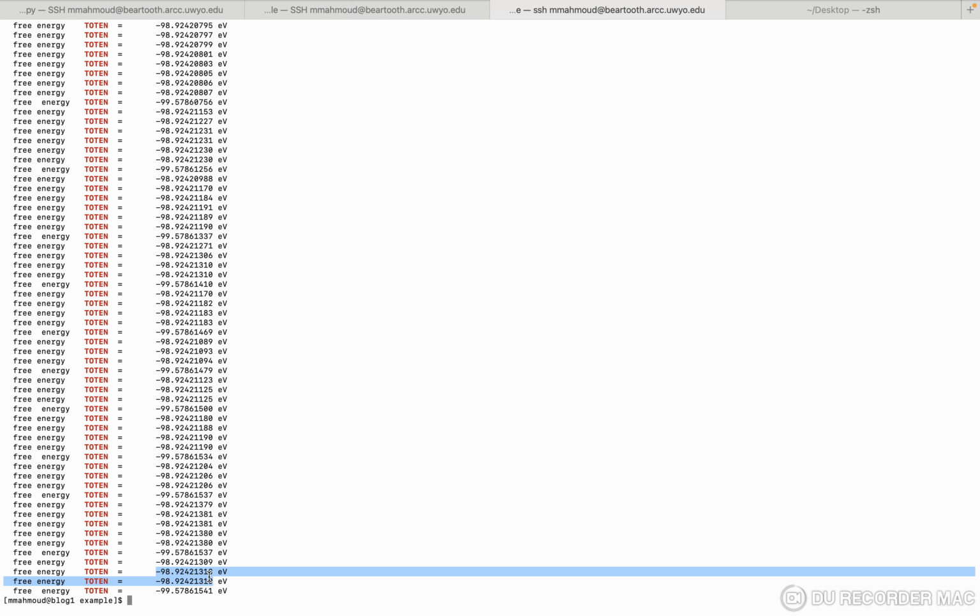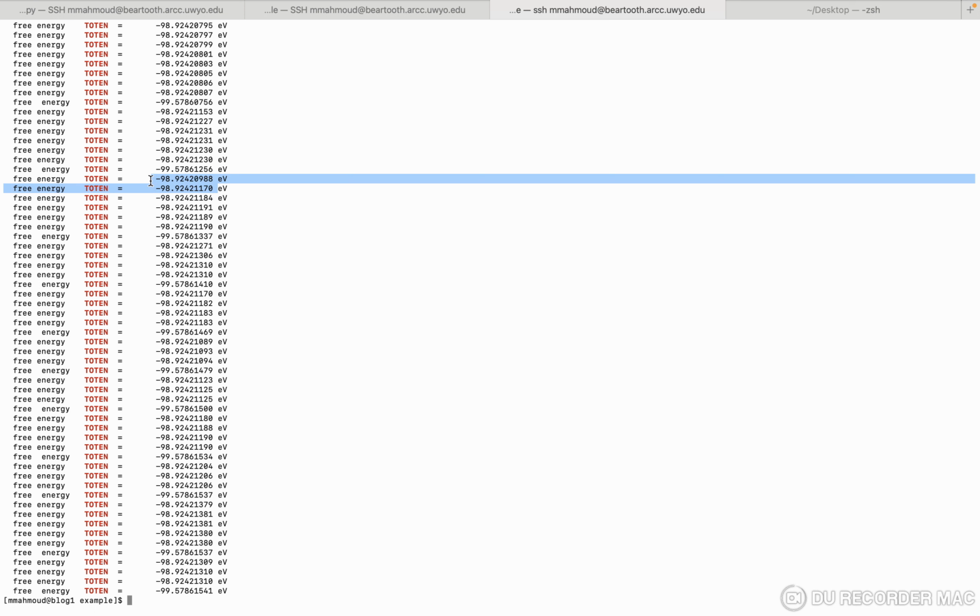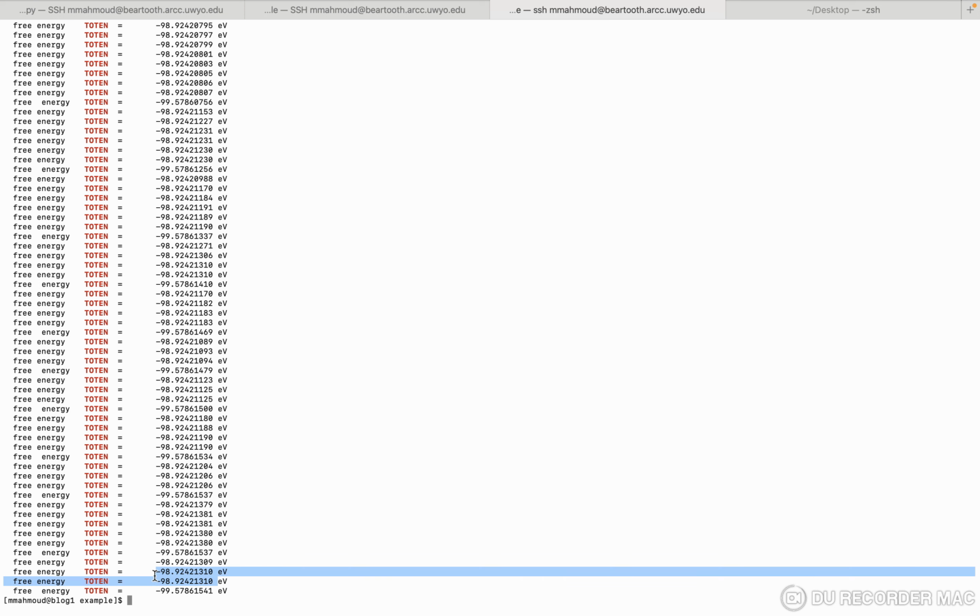EDIFF is related to the difference between the energy of the following steps. If this energy difference is less than your EDIFF, your calculation will be finished. Here the energy difference is not less than 10 to the power minus 8, that is why the calculation has continued. But here the energy difference is less than 10 to the power minus 8 that I defined in my